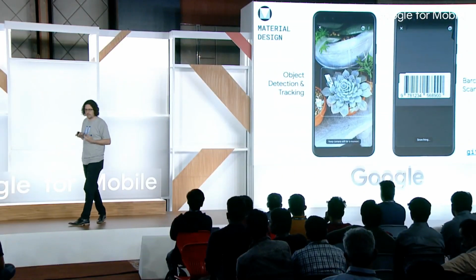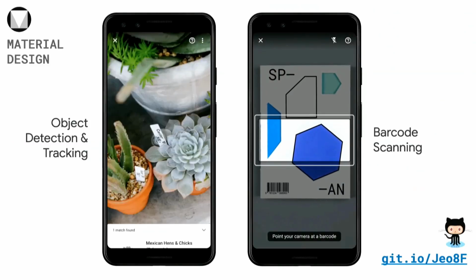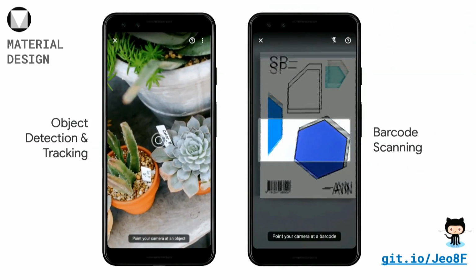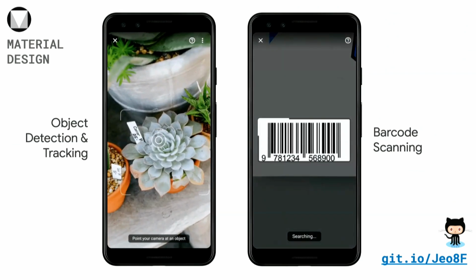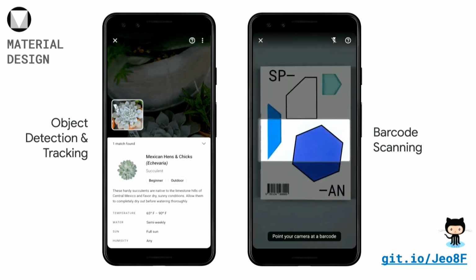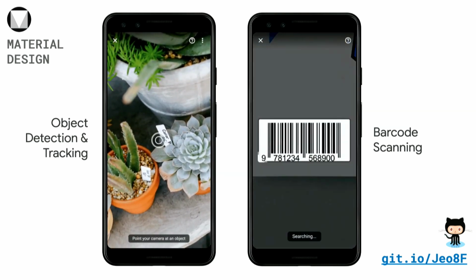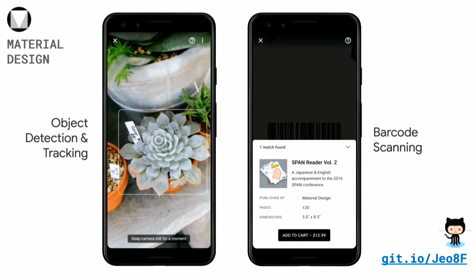So we worked with the material design team to actually build a proper solution, the proper experience. So we built out these reference apps, tested them with real users, tuned them to get a great experience, and made them available through GitHub, so that you can just pick these up, integrate in your app, combine with our APIs, and enable these great experiences.